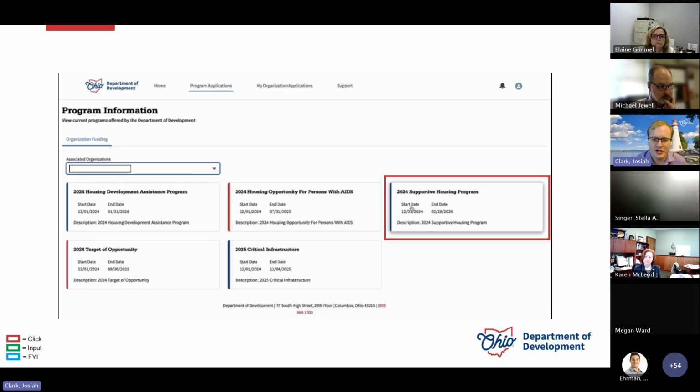I will also mention that you may have this associated organizations drop-down menu. I think you can see it here, right below the tab before you select the program. If you're only working with one agency, you're not going to have this option. However, there is the possibility that you could be working with different organizations that you're submitting applications for, or just